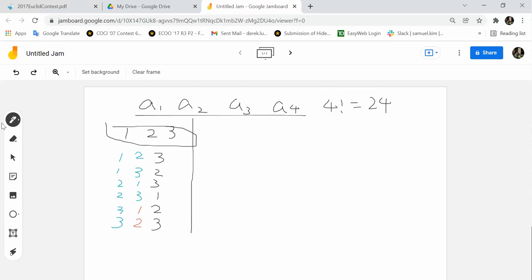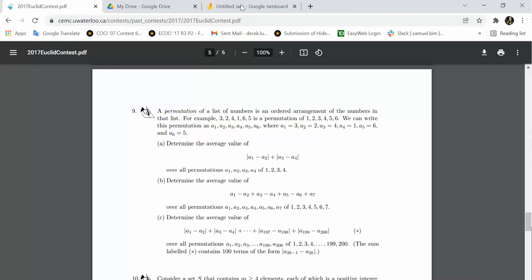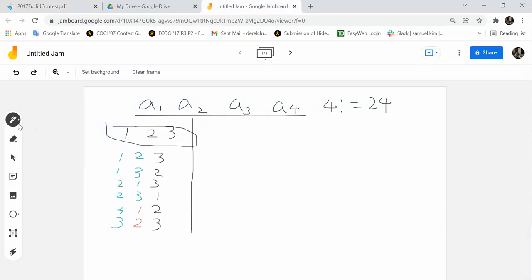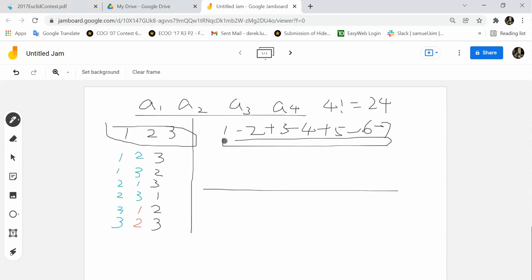Let's say 1 minus 2. This is 1, so 1. The first one we choose is 1 minus 2 plus 3 minus 4 plus 5 minus 6 plus 7, right? So if we do all the answers, we get a sum. So there are many, right? This is another permutation,